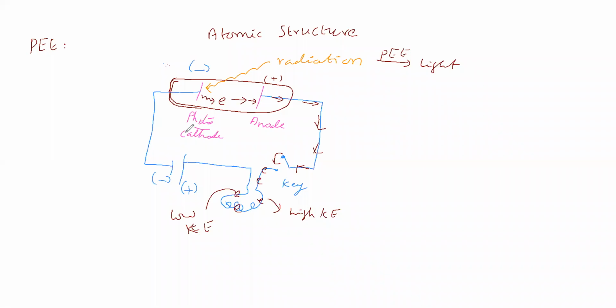Otherwise, no photoelectric effect. If the electron is not coming to the anode, not passing through this wire, not coming to the bulb, not giving light energy and not coming to this place, can we say photoelectric effect is possible? No, we can't say photoelectric effect is possible. Therefore, photoelectric effect means what? This electron should behave like this. That means radiation should be converted into electrical energy. Then only we can say photoelectric effect. Otherwise, photoelectric effect is not possible, we have to say.